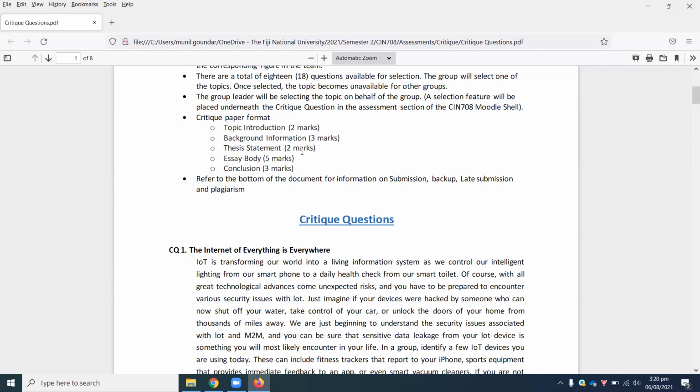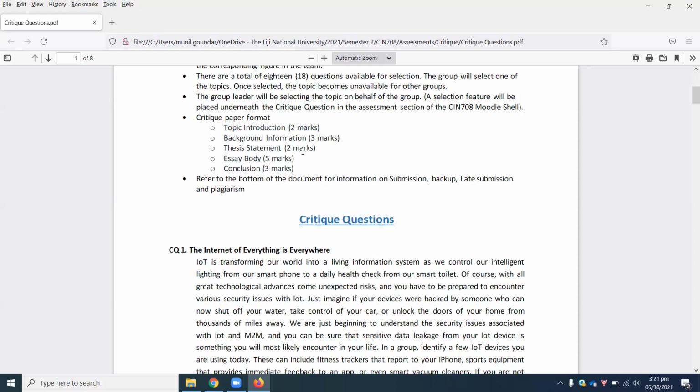Now with introduction, topic introduction is basically where you introduce the topic. What is your topic about? Okay, and a few explanations about the topic. You'll also state your thesis. Now what a thesis is, I'll explain in a while, but you'll state your thesis in your introduction as well, and you will outline the structure of your entire critic writing. Let me repeat that. With introduction, you will introduce the topic, you will state your thesis, and in it, you will outline the structure.